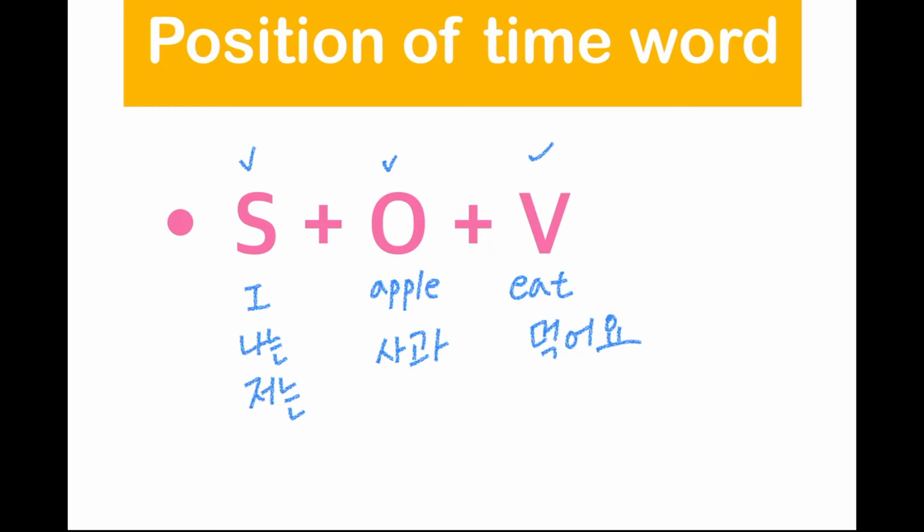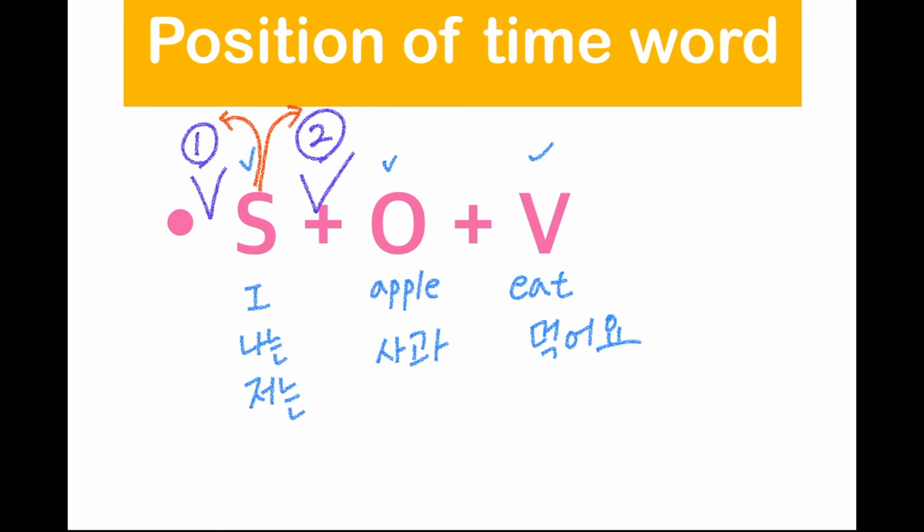Okay. If I say today I eat apple, where do we have to put today? That's the point. First place is here. Very first, you can say a time word like today, tomorrow, yesterday, the day after tomorrow, next week, next Thursday, things like that. Just the very first or right after the subject. Okay, before the subject or after the subject. You just remember this. It's very simple, right?